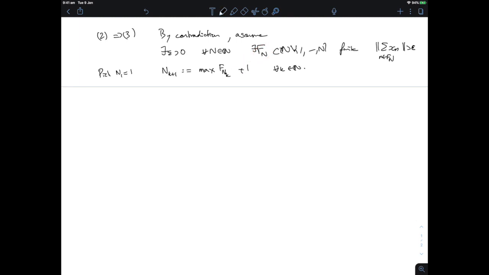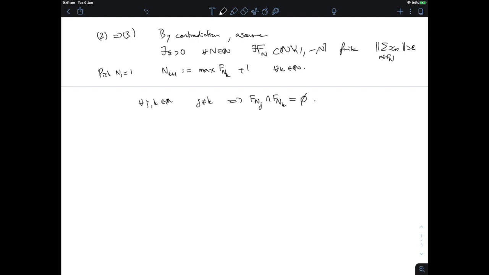Now the reason why we do that is to ensure that these sets that we are picking, the F_{N_j}'s, are disjoint. So whenever I have a j and a k that are not equal, I have that F_{N_j} intersected with F_{N_k}